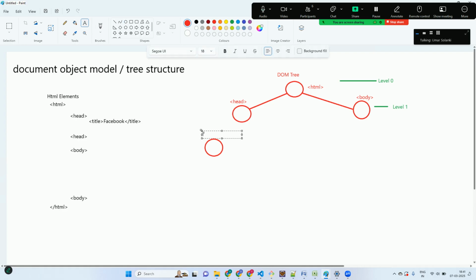That is my title. Like this, for every page which we make, behind the scenes a DOM tree is being constructed. So in the body, if I go and say h1,